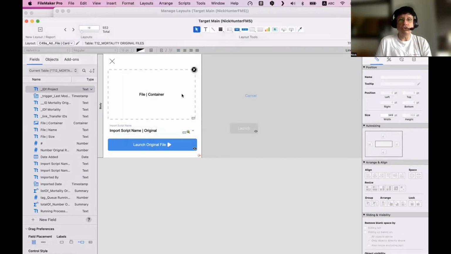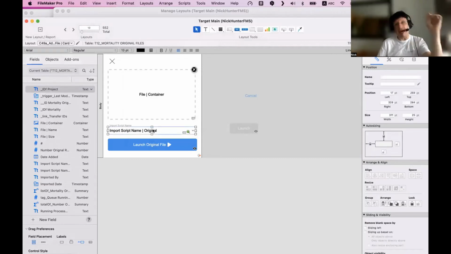So when you drag the file and you send the order to the bot to execute the script, I'm going to send an order to the bot to execute the script. And in this script, I said, by the way, you have a variable here. You have something that can differ, right? You need to use this import script name.